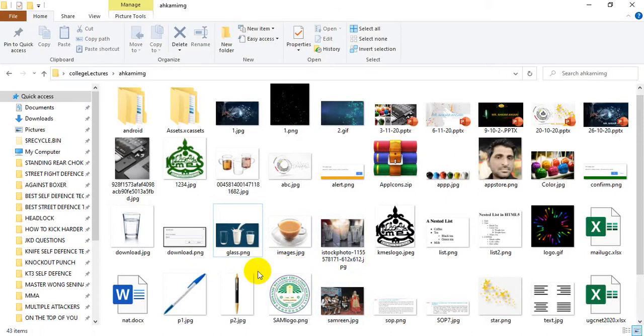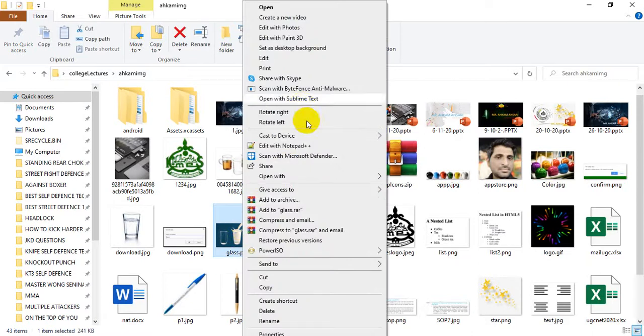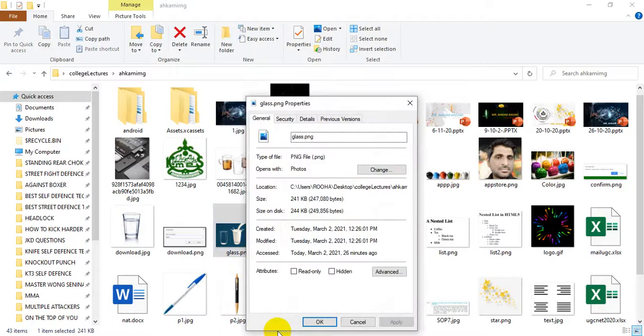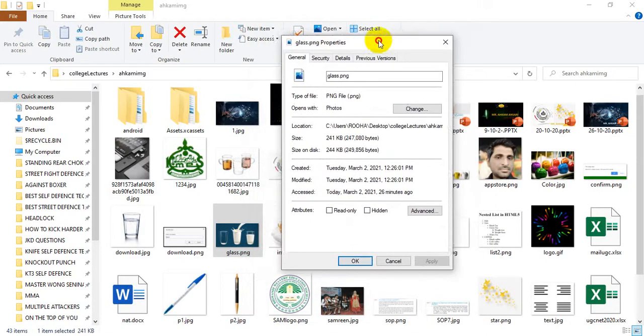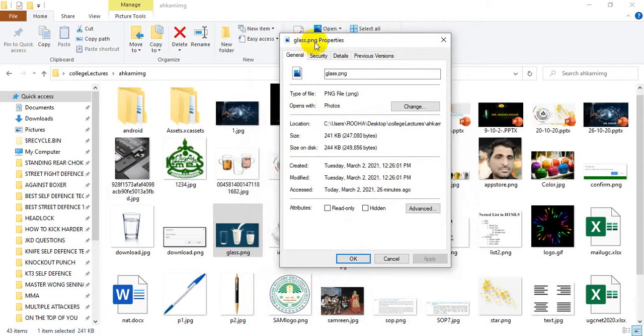So how to take it? Just go and select that image, right click on it, and you will get a list of information related to that particular image, and you will get different actions. Just go to the last one. In the last you will get the Properties tab. This is the property of that particular image which you have selected. glass.png is the name, and this is the property.